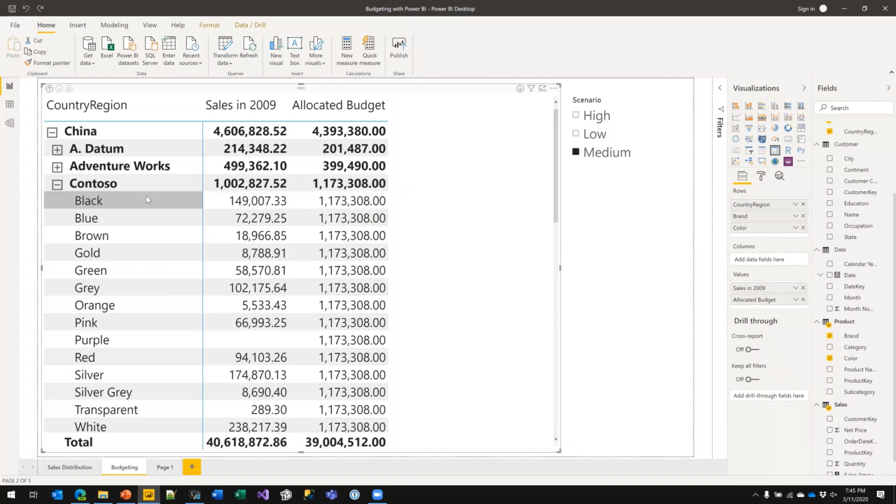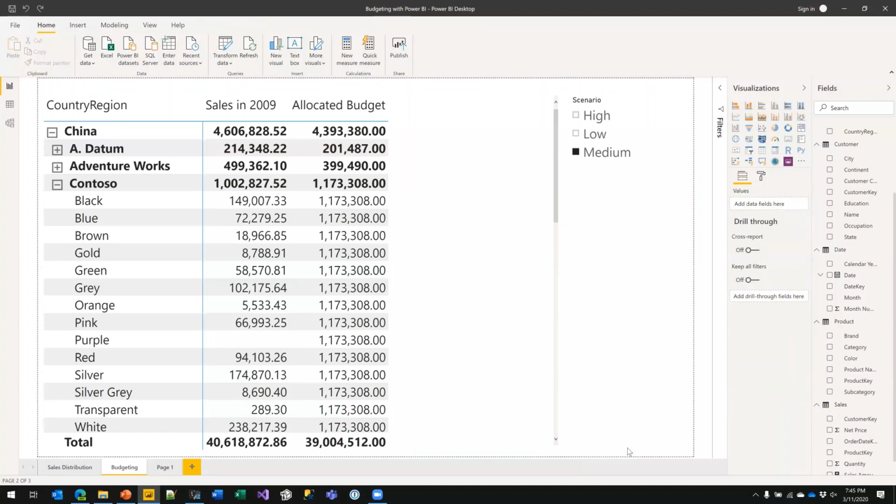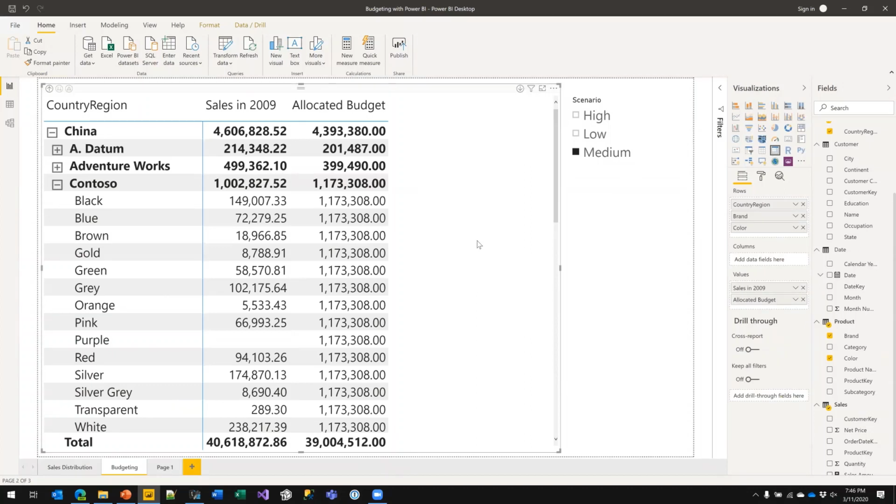And to do that, I need to inspect the filter context and understand the level of granularity at which I am currently browsing my model. How do I know that? How do I discover it? Well, one option is that of checking column by column what is filtered and what is not.